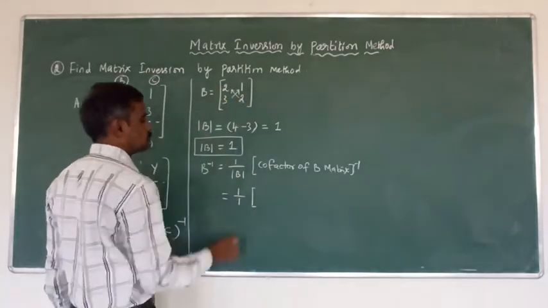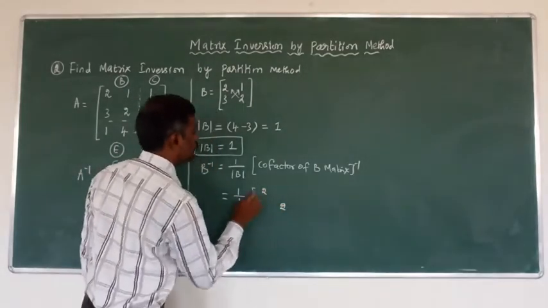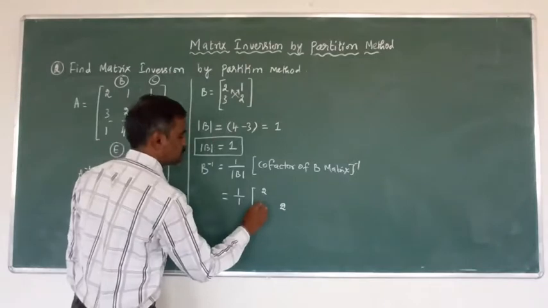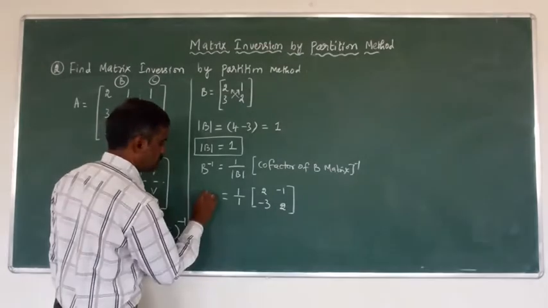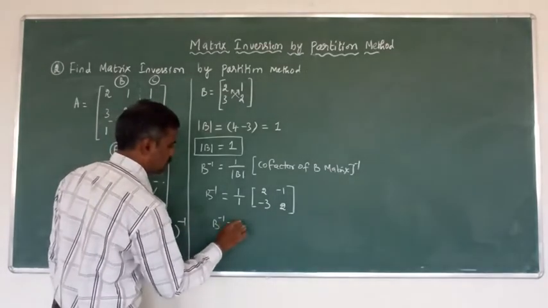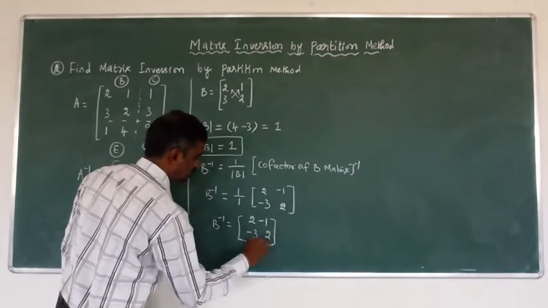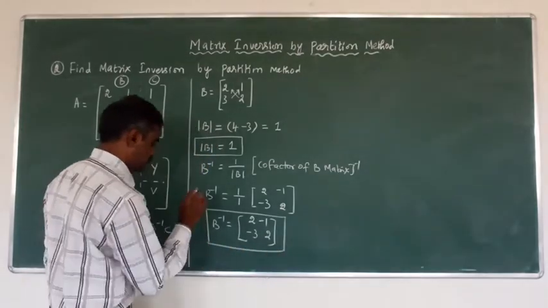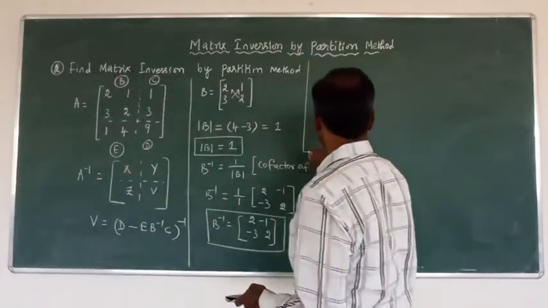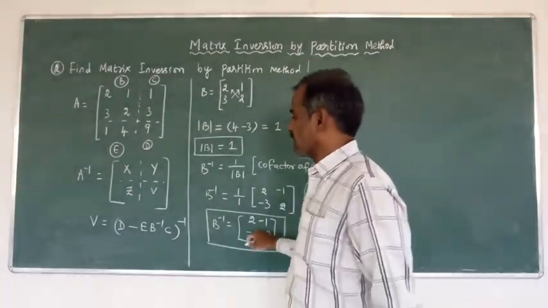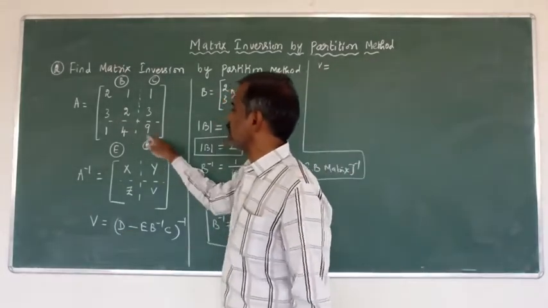This is for a 2 cross 2 matrix. We can interchange these two. Here 2 and this is also 2, and we can change the sign. This is for minus 3 and this is for minus 1. Now to simplify this one, B inverse equal to 2 minus 1 minus 3 and 2. This is the result for B inverse. Okay. Next, this value substitute here. Now V equal to D value 9